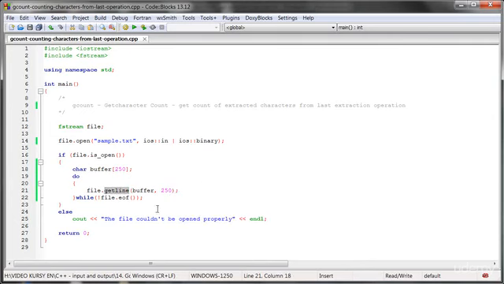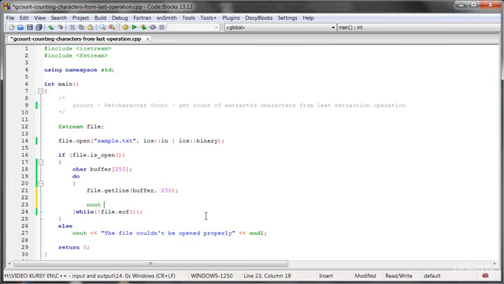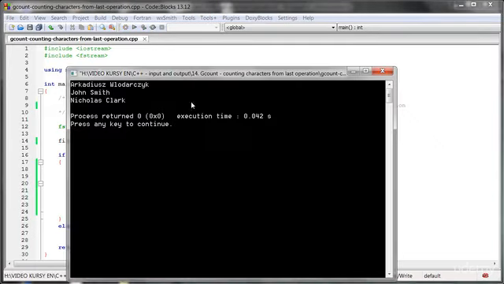getline is working like that. We can also meet an end of line character. So it will get 250 characters unless it meets an end of line character. Okay, so right now we can send it to the output pretty easily that way. And as you can see, we have got here name and surname,